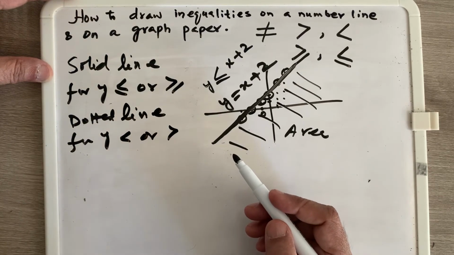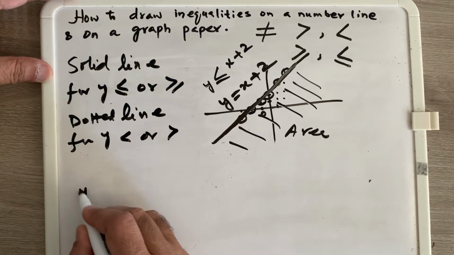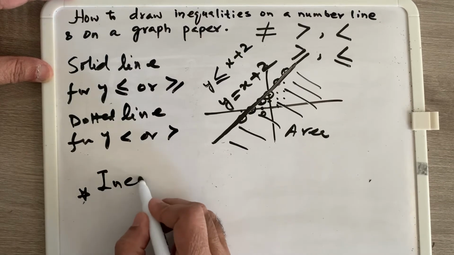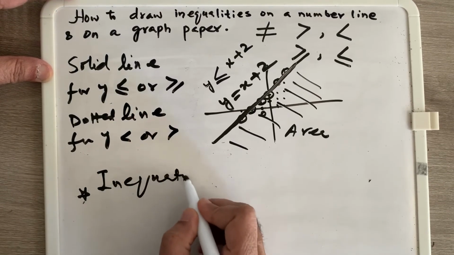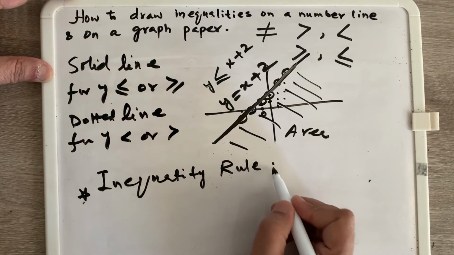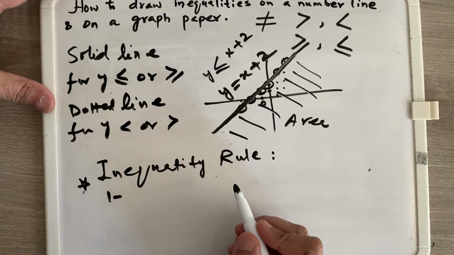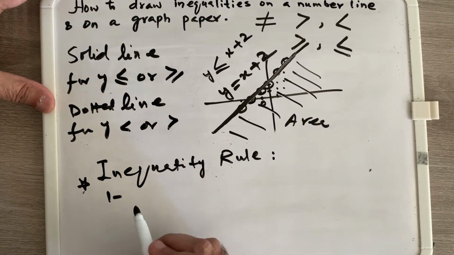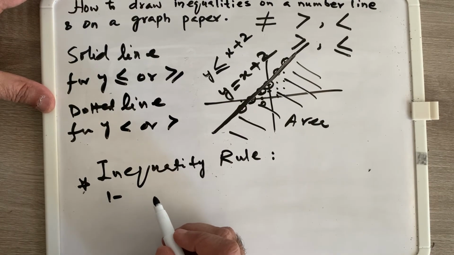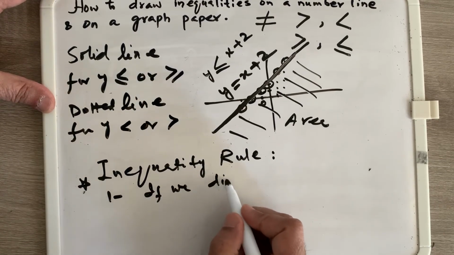All those rules are the same as for an equation, but one thing is important when we solve inequalities. So, the inequality rule. One thing we have to remember, the basic rule for inequality, is that if we divide the inequality